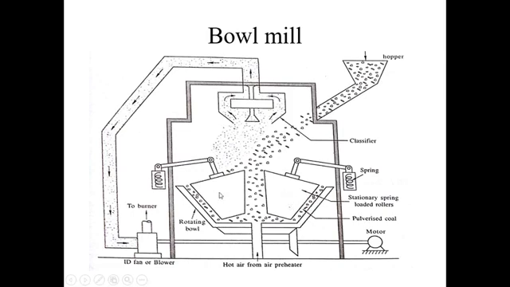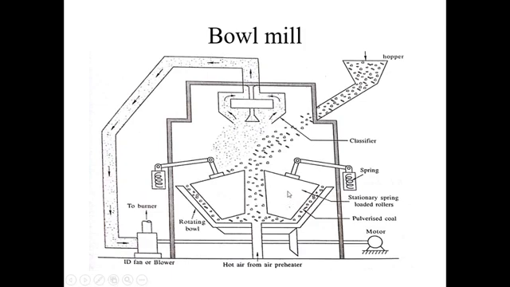So this is spring operated. It will be continuously pressing towards this rotating ball, so it acts like loaded rollers. It will increase the pressure. The spring will increase the pressure on the coal, which is crushed between the rotating drum and these loaded rollers.